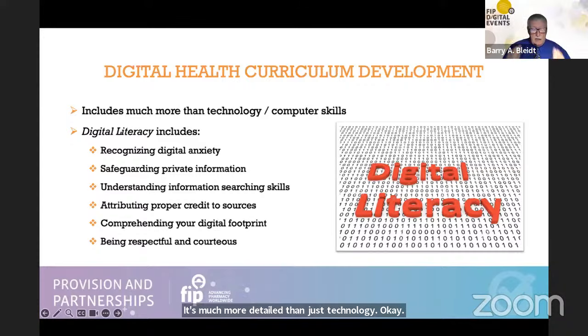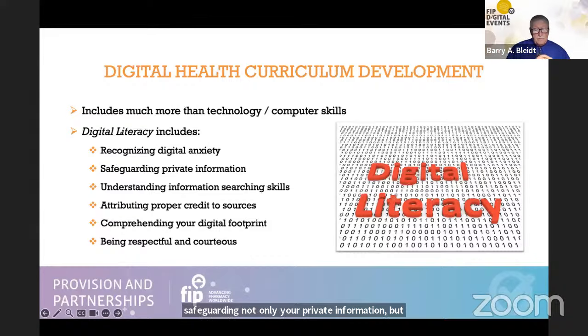Digital health creates a new type of anxiety in your patients and in your students. So we need to learn to recognize that. It's an added layer of complexity. People are just learning things for the first time about safeguarding not only your private information, but having proper backup systems,